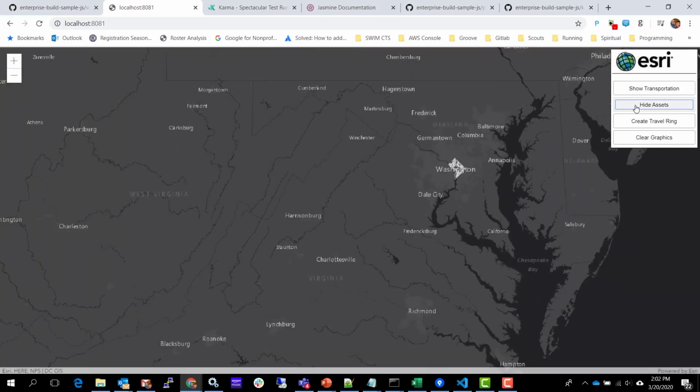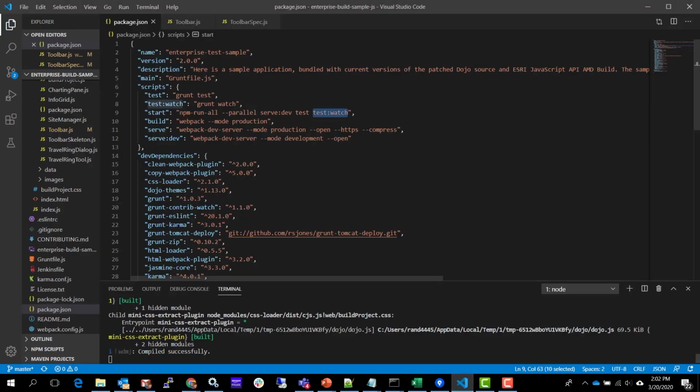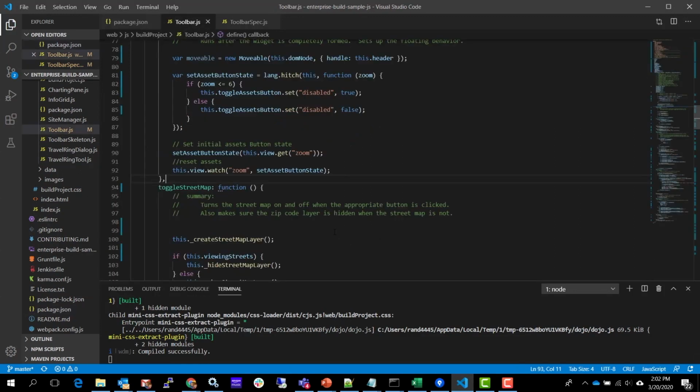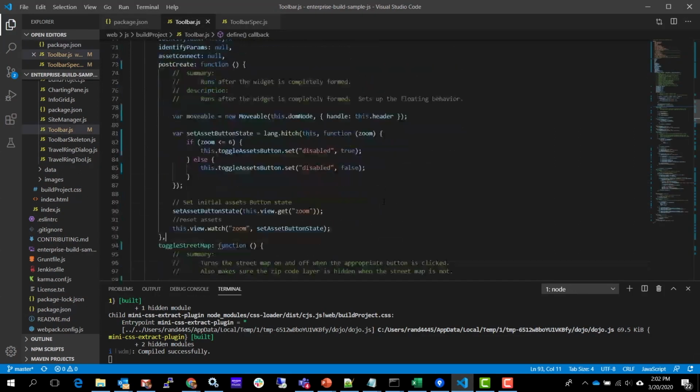So while we're not sure whether this is accurate or not, we're going to go look at the requirements and see if we can figure out what's going on in the code. So if we jump into our code, our toolbar class is where this is happening. We can see here in the post create of our toolbar class, we have an asset state button, inline function,